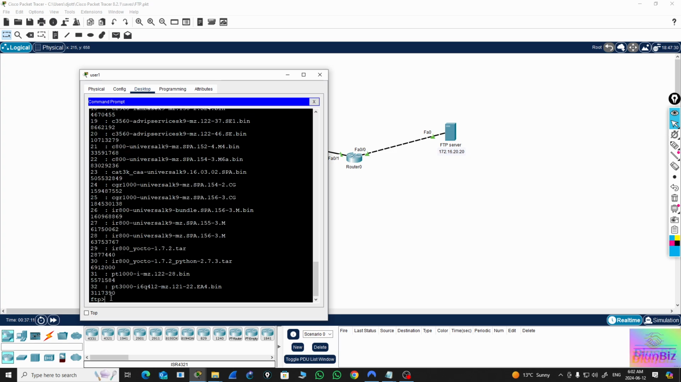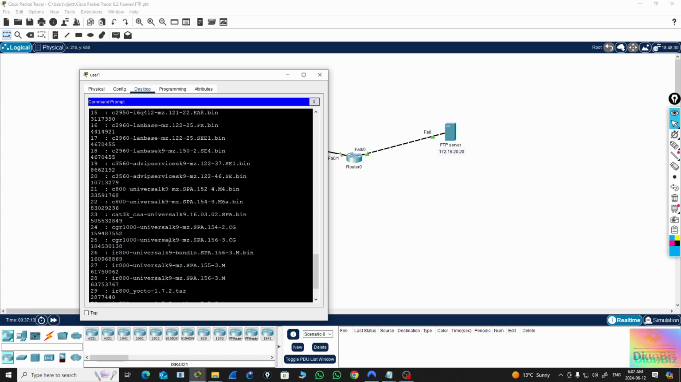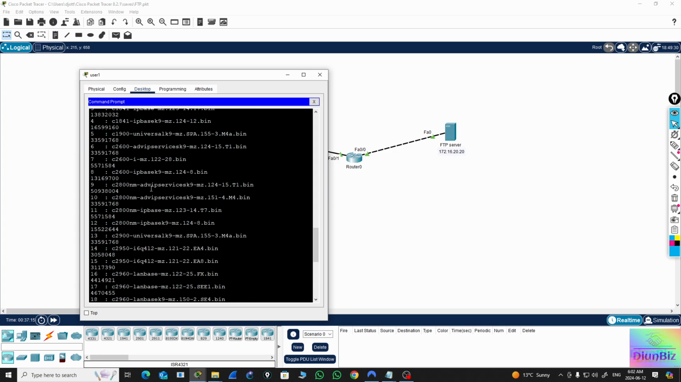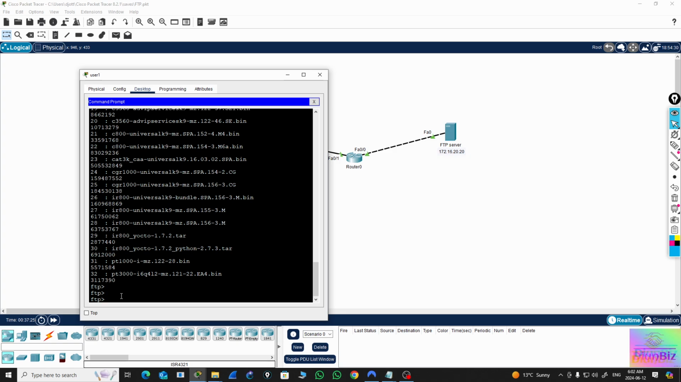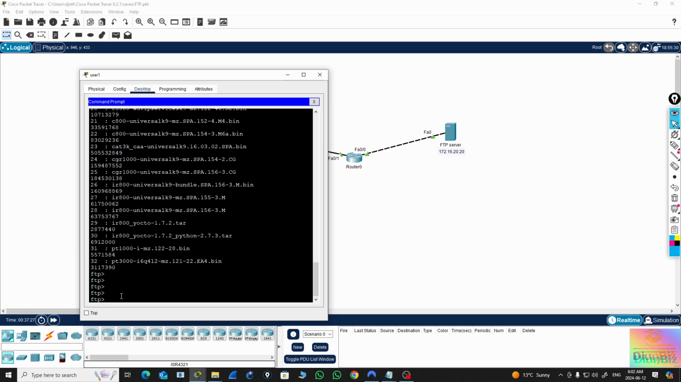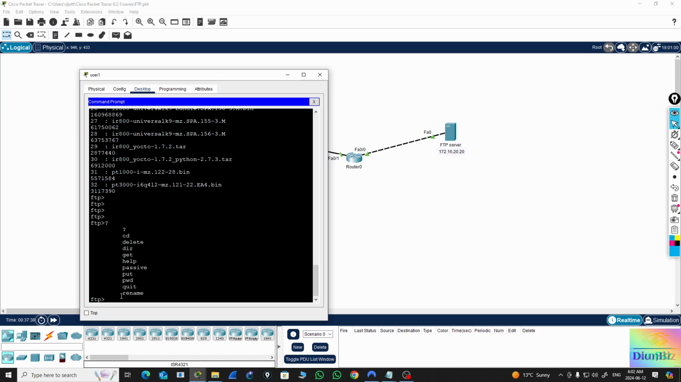okay, enter. So what that shows me is exactly the same number of files that we have on the FTP server. There are 33 files here. I think the last one is not very visible, but there are 33 files there. So what I'm going to do is put our new file into the FTP server. We're going to do a put command,